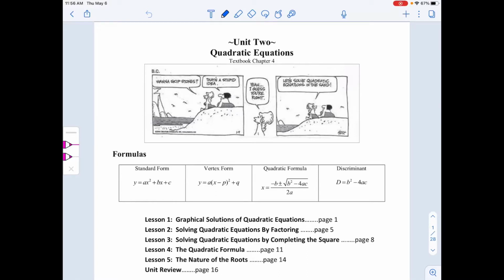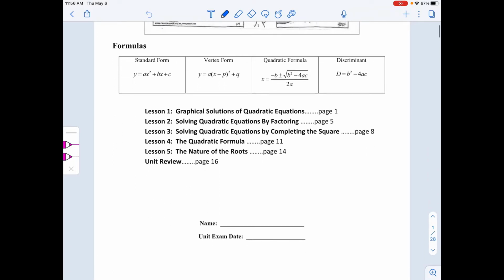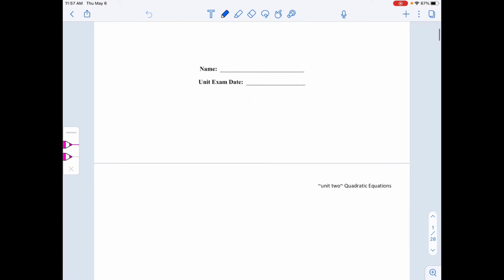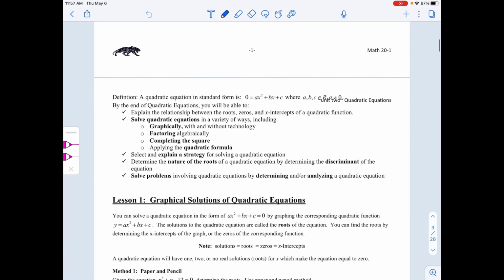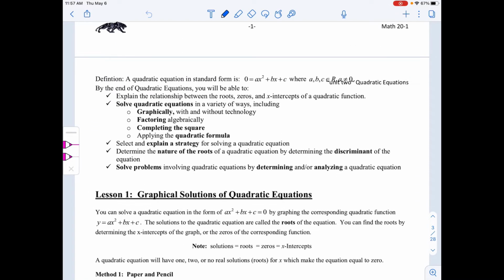Okay, Math 20s, I want to look at Unit 2, Quadratic Equations, and I want to cover off the first lesson here, graphical solutions of quadratic equations. So the first thing I want to just quickly reiterate is by definition, okay, and I see we've got a